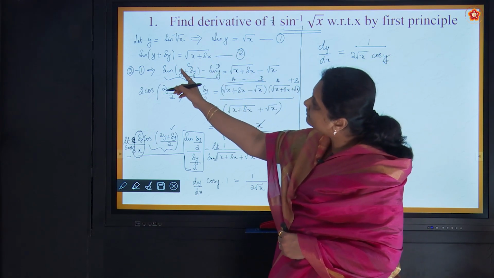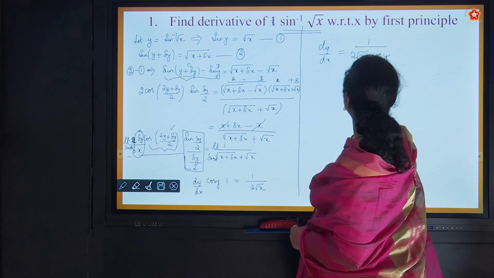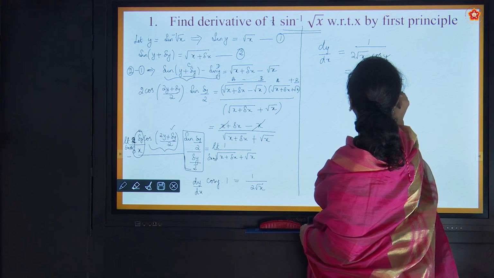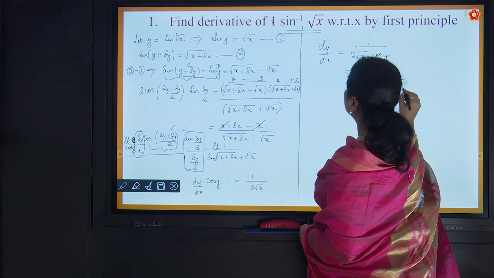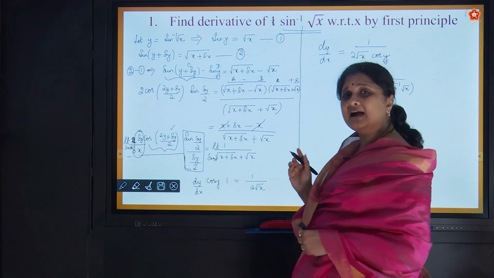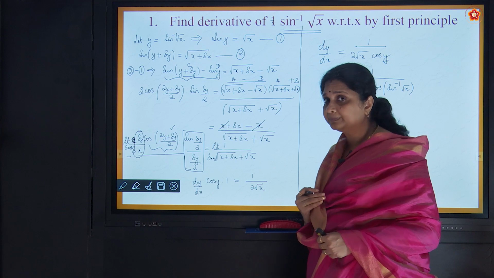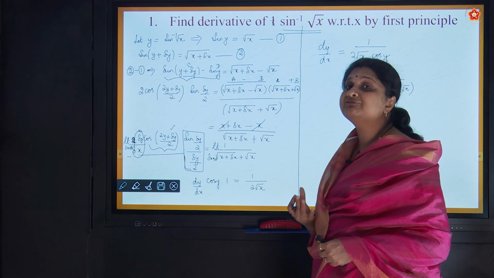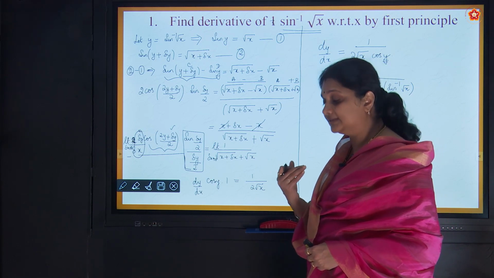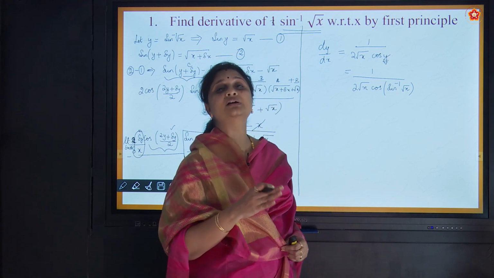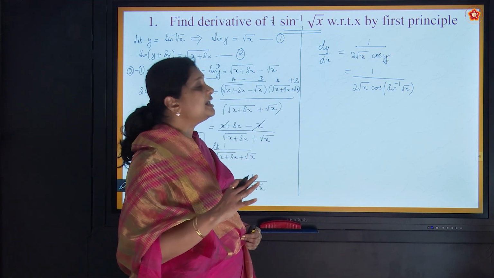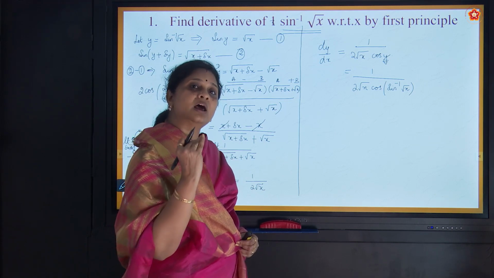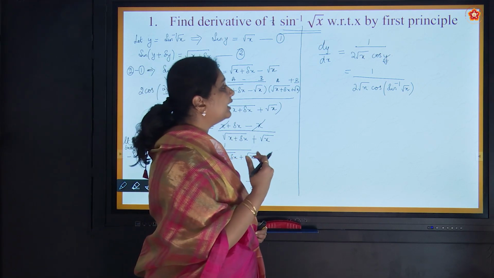Now what have we taken? We have taken y is equal to sine inverse of root x. So let me put it back. I will write 1 by 2 root x into cos of sine inverse of root x. Now does this answer look proper? It is cos sine inverse of root x. Doesn't look that good, right? If, instead of sine inverse, I have a cos inverse, cos and cos inverse are inverses of each other, which gets nullified and will give me a better answer. So as I have told you, the final thing always depends on how we express the solution. So I'm going to express it in a different way.